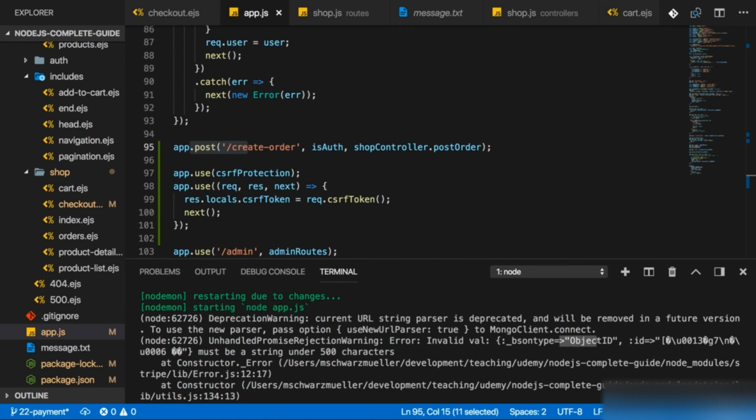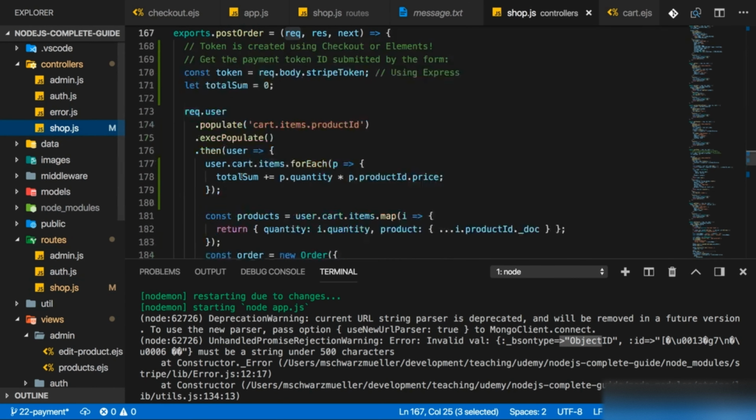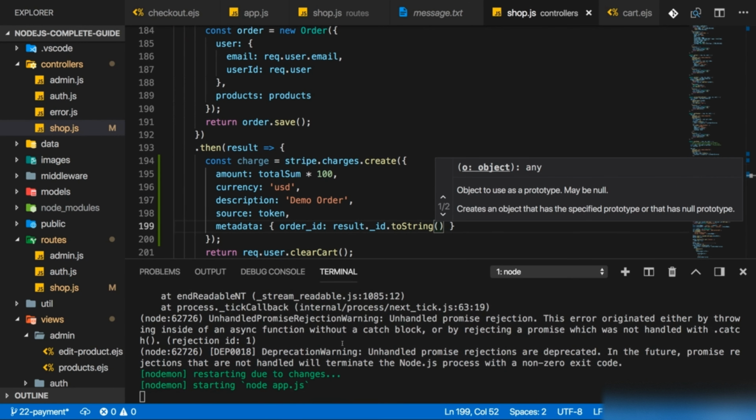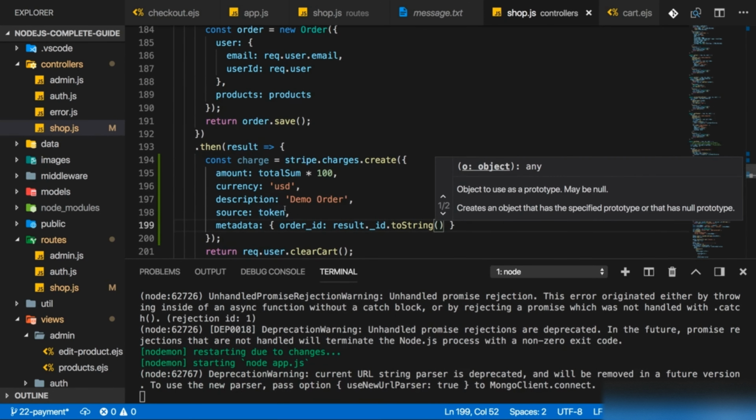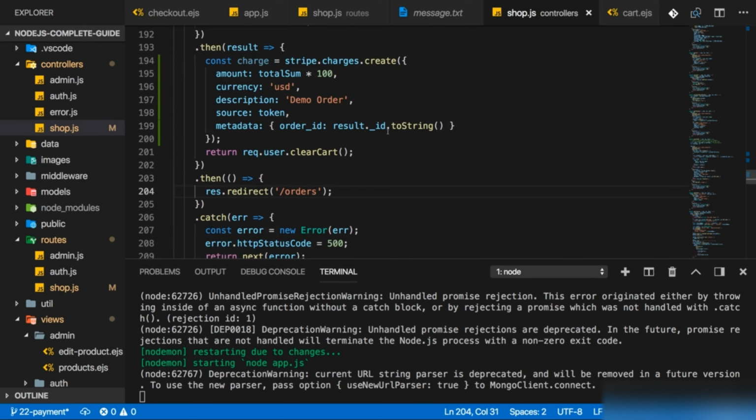And there we see that the object ID basically was the problem. I tried to send some extra data in my shop controller to Stripe here. The result ID, I should convert this to a string. Otherwise, this can't be added and therefore my charge failed. Now, this is a bug we need to fix. So after fixing this,